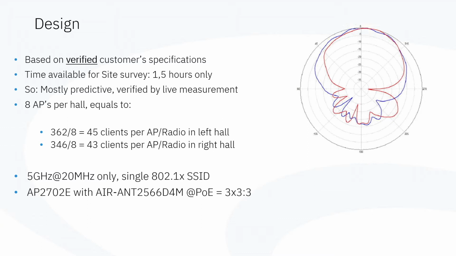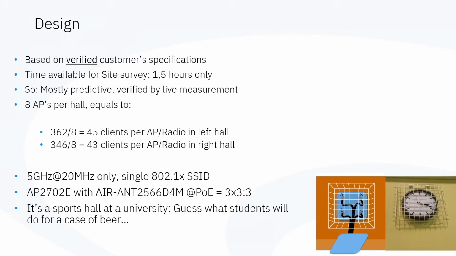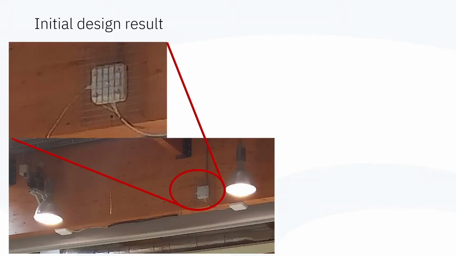So we ended up with a 2702 access point with external antennas and the one that's shown here. But again, this is a sports hall in a university, and I don't know about you guys, but if you went to college and you were a student over there, you would do pretty much any challenge for a case of beer. So we had to shield off those access points, just as they did for the clocks over there. The big difference is, compared to the picture that I've shown you before, we are shielding the AP and not the antenna. So we ended up with this installation, a perfectly shielded access point that shields the antenna connectors